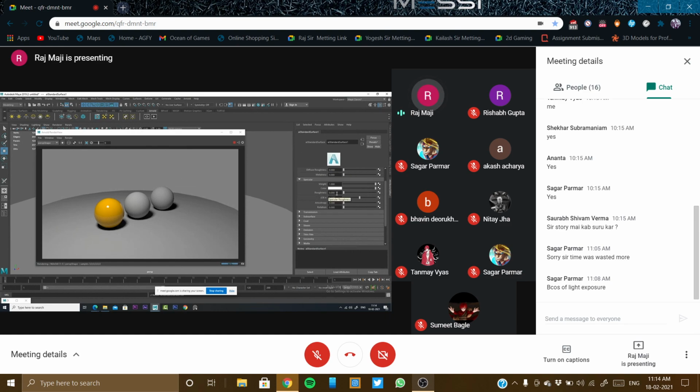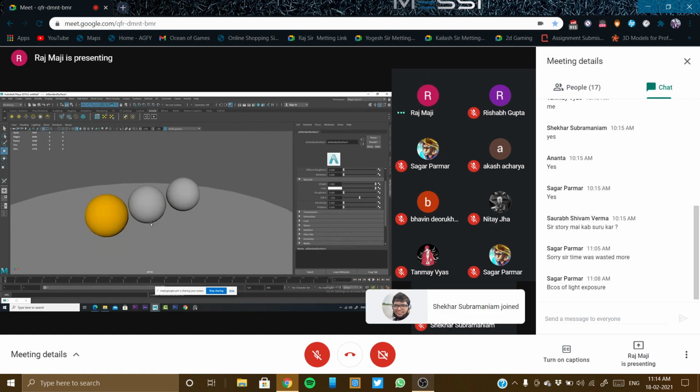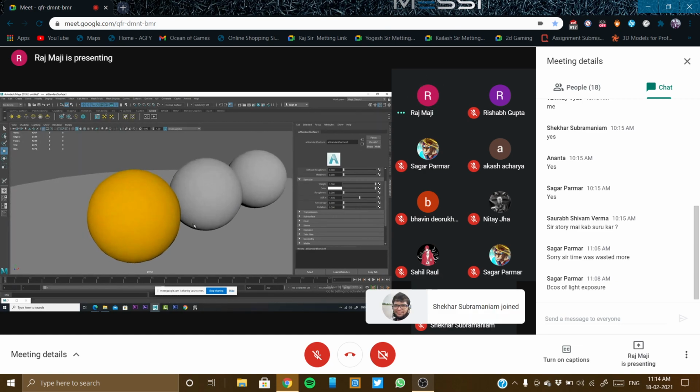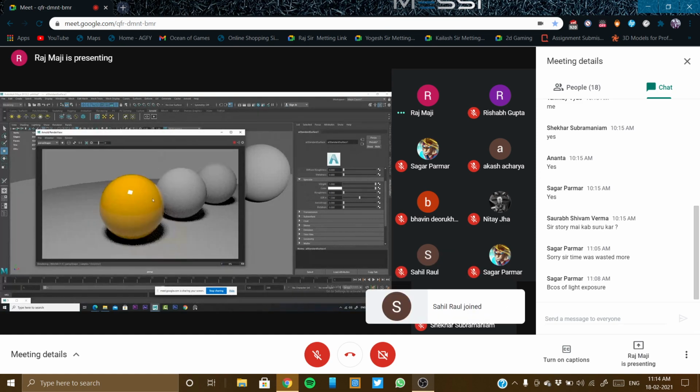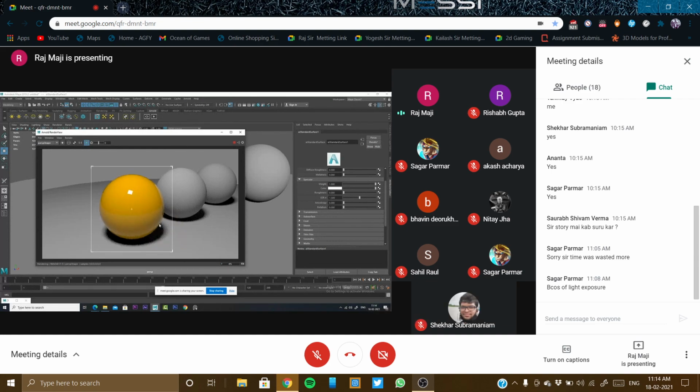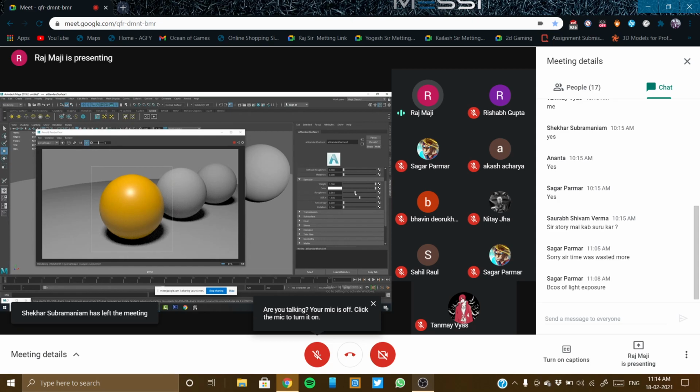So when the roughness is 0, you can see the specular highlight and the reflection is very sharp. I am increasing a little bit, reflection and specular sharpness both are blurred. I am increasing a little bit more, it is converted approximately to a matte surface.